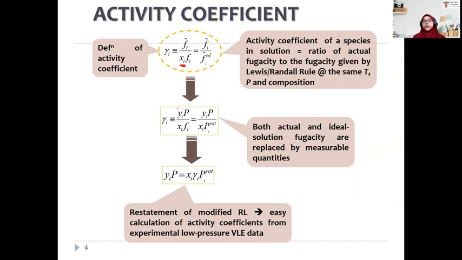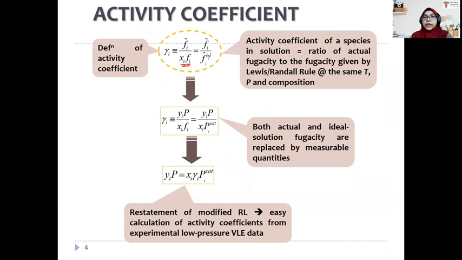Previously, the fugacity coefficient relates to the vapor phase, but the activity coefficient relates to the liquid phase. Previously the fugacity coefficient was introduced to describe the correlation in the vapor phase, but for the liquid phase the activity coefficient has been introduced. The activity coefficient is equal to the fugacity of the species in the solution over the fugacity of its liquid phase,